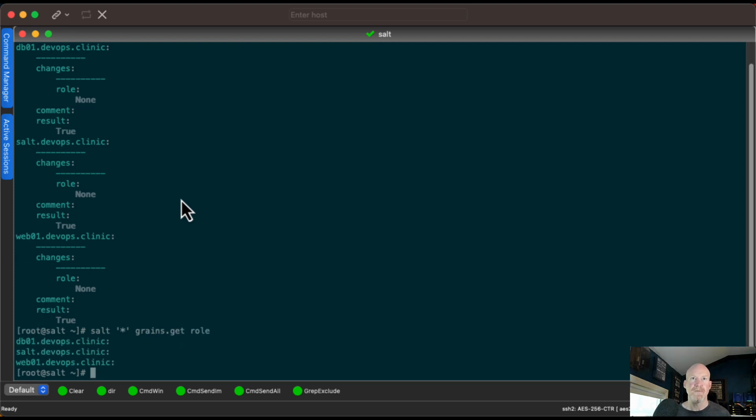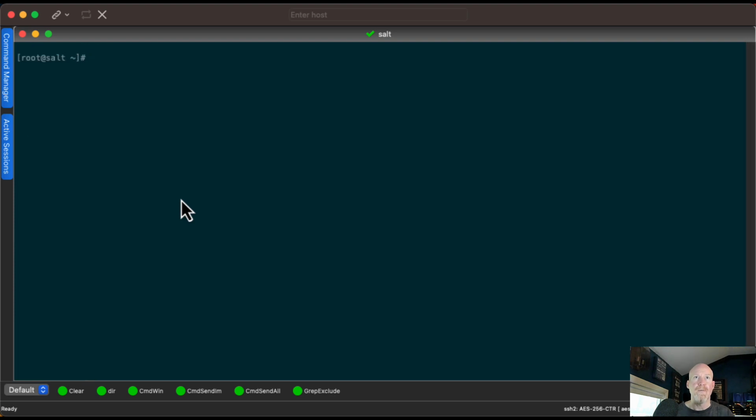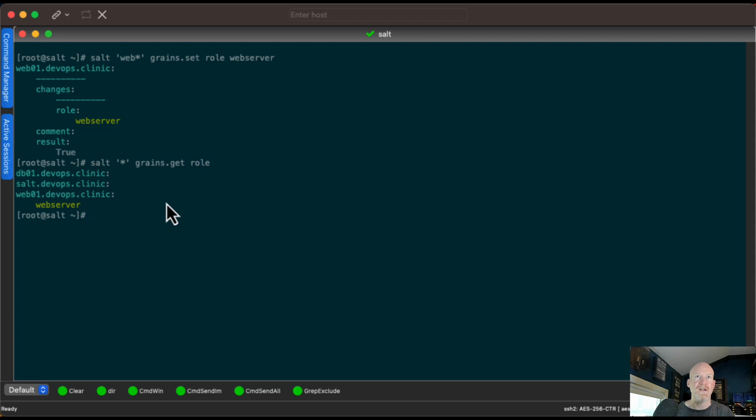All right, the role grain is all gone. So one last thing I'd like to show you about grains on the command line. Let's go ahead and set the role grain for the web server again. So we can see that we've set it, and you can see here that the web server is the one